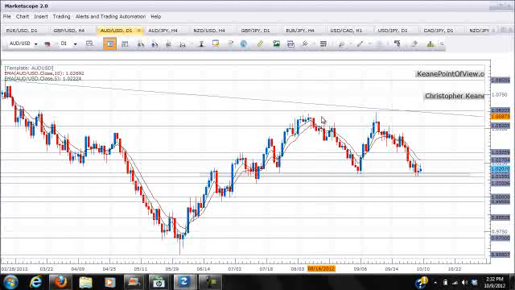The news flow out of Europe and Asia is actually relatively quiet once again this evening, so the fundamentals will be key, and watch for any unexpected news out of Europe, because they could always turn things on a dime